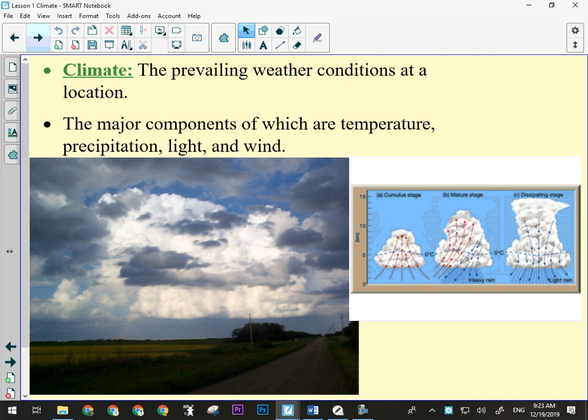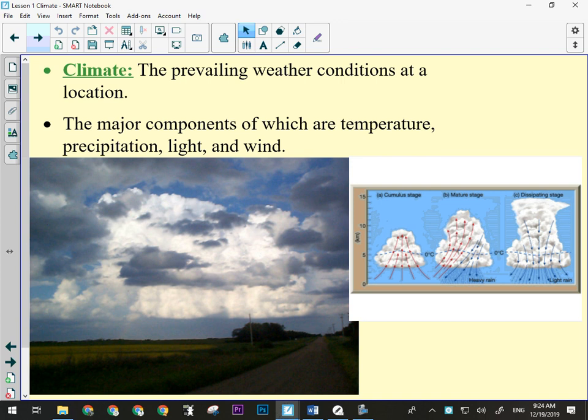Okay, it's not the averages. People get that confused. Okay, if climate was the averages of an area, I would describe the climate in Okotoks as this. The average temperature in Okotoks is about 6 degrees Celsius. Okay, the wind is typically from the southwest at about 25 kilometers per hour. There's 12 hours of sunshine and 12 hours of darkness, and it rains about 0.2 millimeters per day. Okay, is that an accurate representation? No. I mean, we live in Alberta. If you don't like the weather, wait 5 minutes. Okay, we know how it works here. Okay, weather is always changing. So it's the prevailing weather at a location.